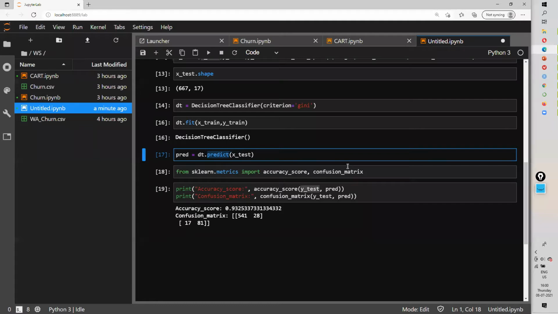Gini is better. Why? It is much faster. Not about accuracy. Accuracy will be more or less same for both Gini and Entropy, but Gini computation is faster. The reason for that is Entropy uses log to the base 2. Log calculations are much slower than simple arithmetic calculations. So that's why we prefer to go with Gini, not with Entropy.